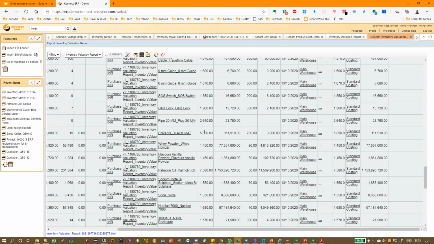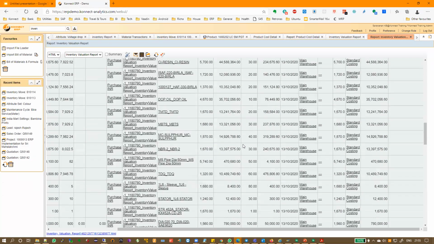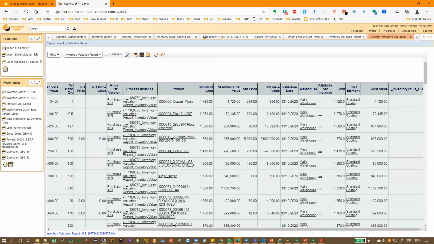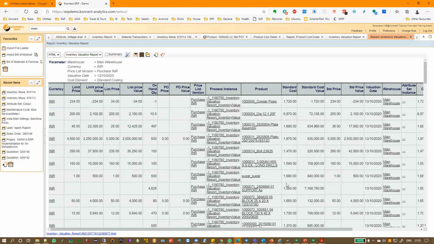It will give you in depth all the details of cost, price, valuation according to cost, valuation according to price, what is the standard cost, etc. Okay. So this is the inventory management portion for you. You can look at these reports, you can look at all these transactions. This is something which most of the companies would be interested in. But for this, the costing at every level is very, very important. Okay. Now, any doubts so far?